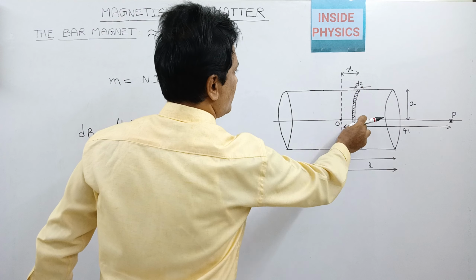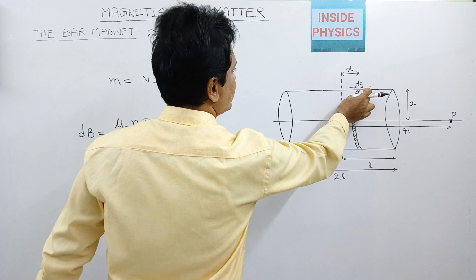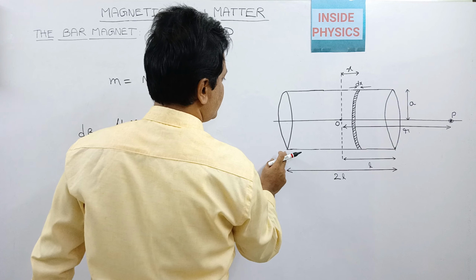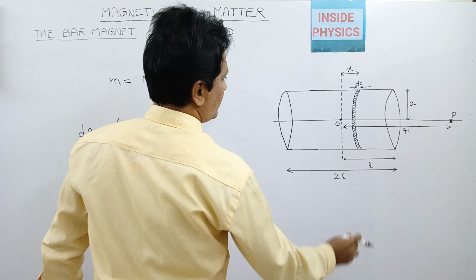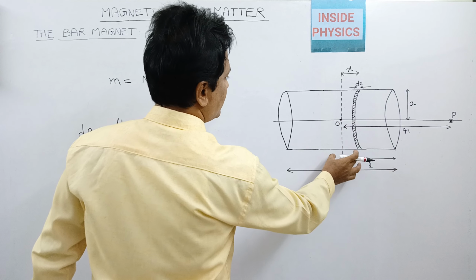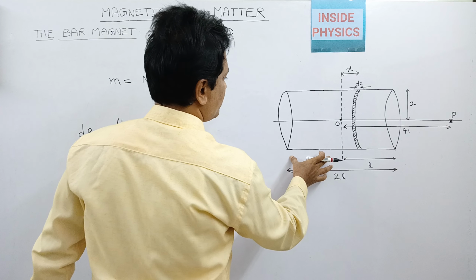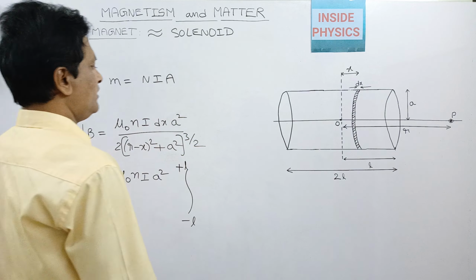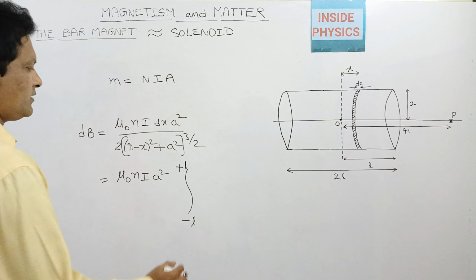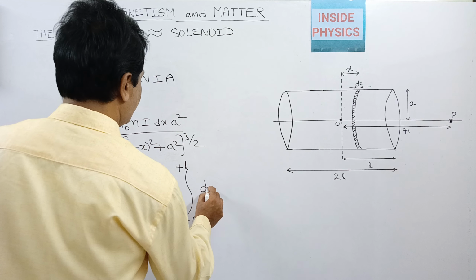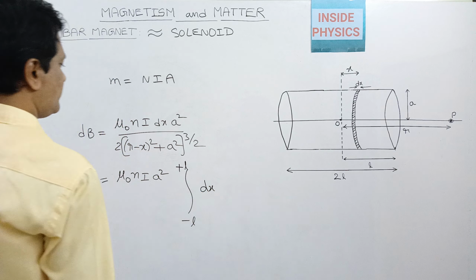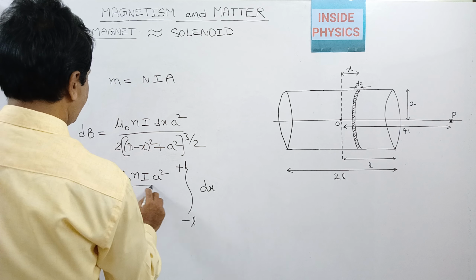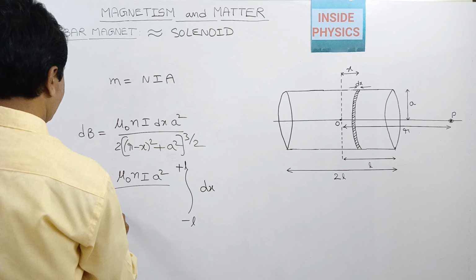Dx is the length of the loop, and we want to extend this length to the entire solenoid, which has limits from minus L to plus L. If you consider this as the origin, this length is L, this is minus L. So the total length is 2L. So between minus L to plus L, we integrate the length dx. The rest of the terms will be the same, and we can write here